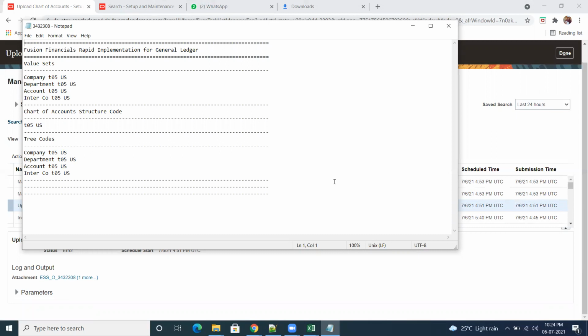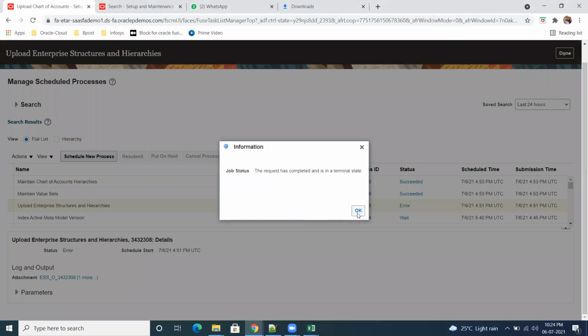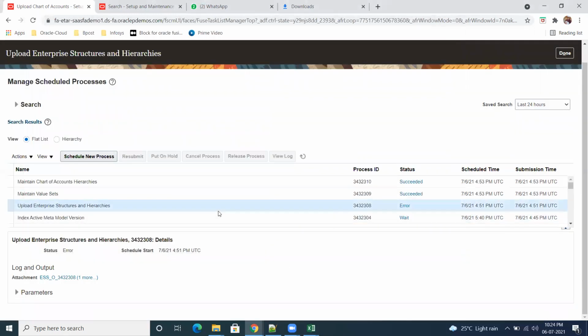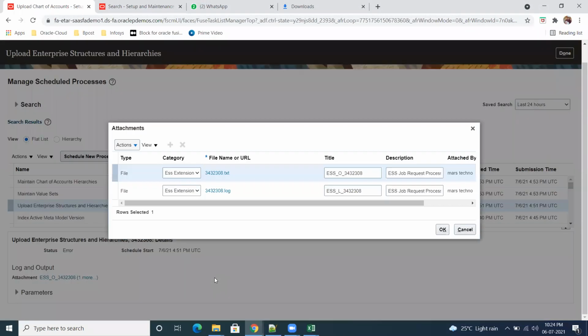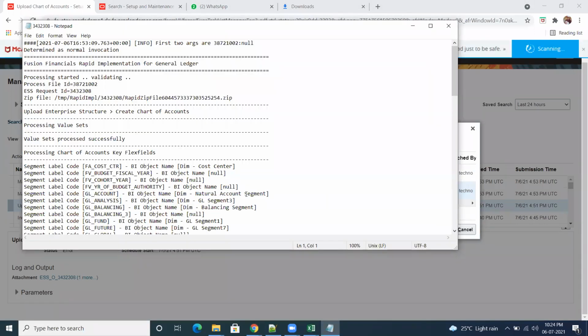I think there is no error at all. Okay. Log file. Open this. Value sets processed successfully.